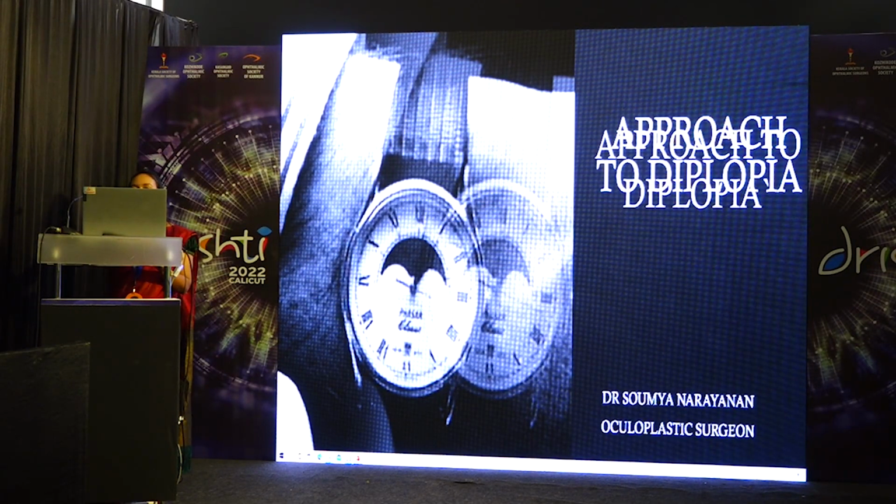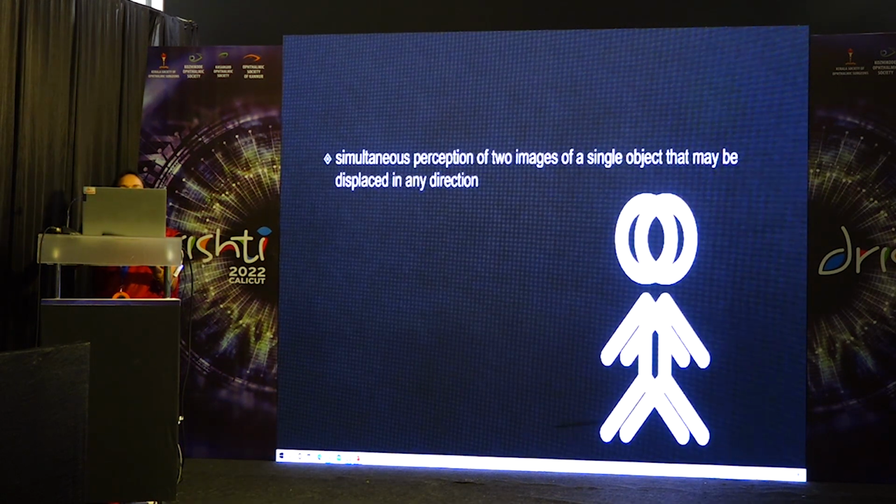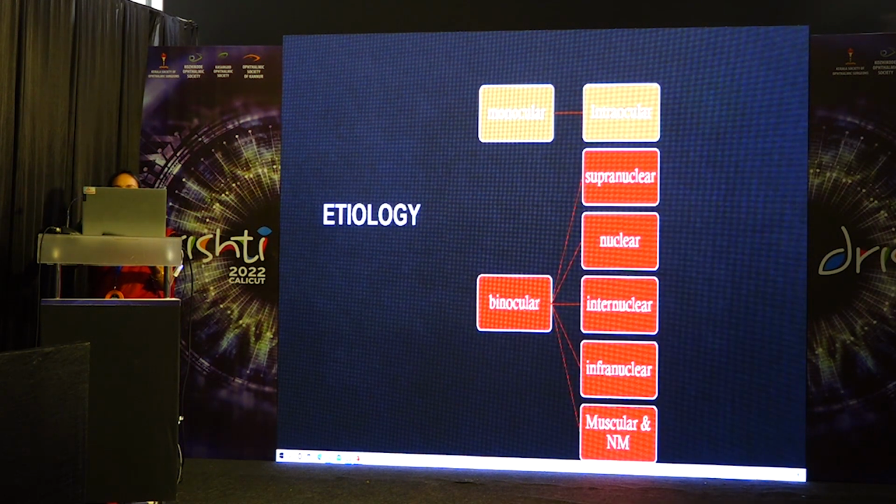Good evening all. My topic is approach to diplopia. Diplopia can be worrisome for both the patient and for the physician. By definition, diplopia is the simultaneous perception of two images of a single object that may be displaced in any direction. Before going to the evaluation of diplopia, we should have a clear knowledge about the probable etiology for